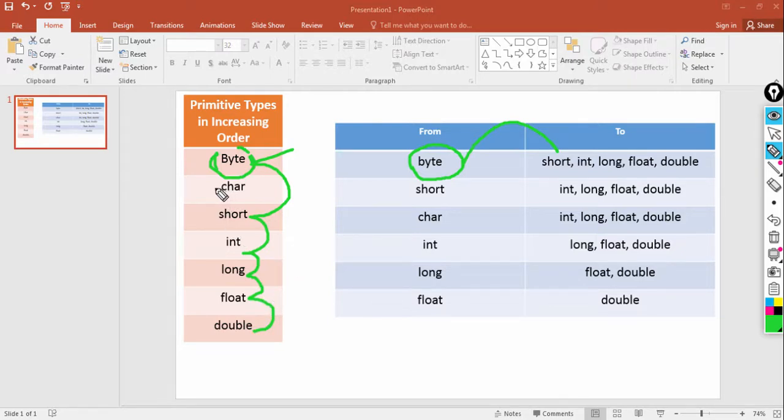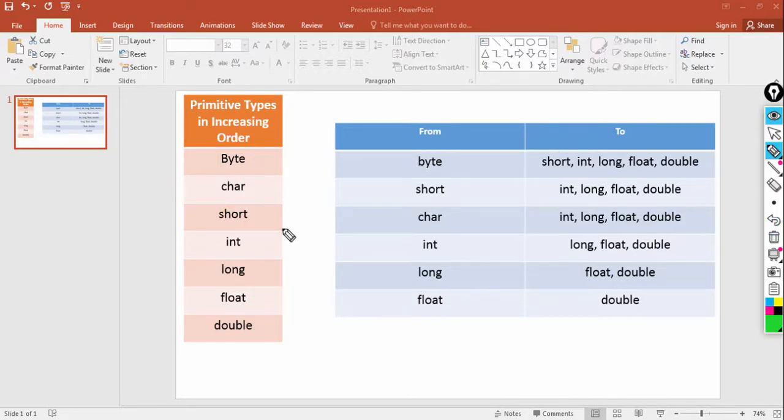And I'm ignoring char here, okay, because char is a bit different than the other data types, because char is unsigned, it cannot store a negative number, whereas all the other data types can store negative numbers as well. So that's why I'm ignoring char here, okay.